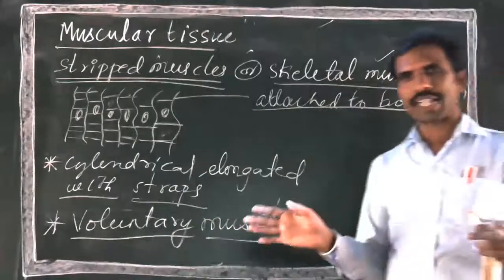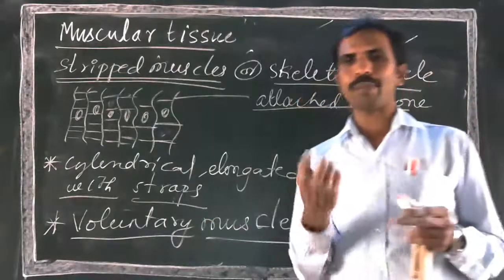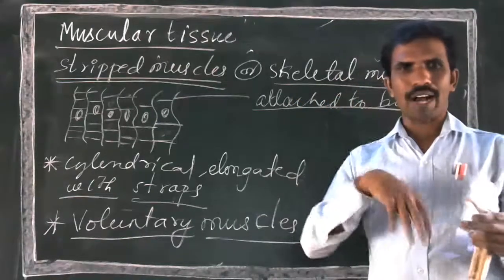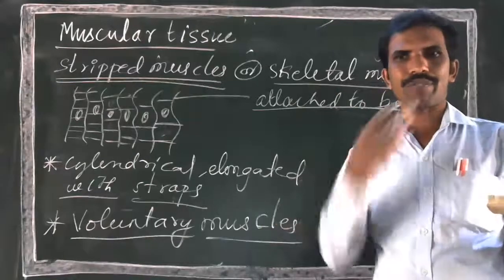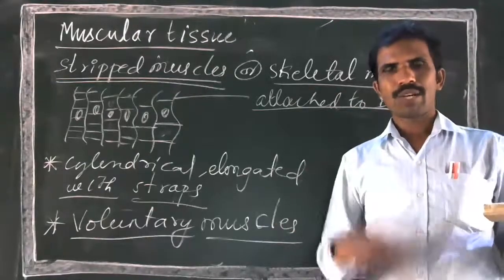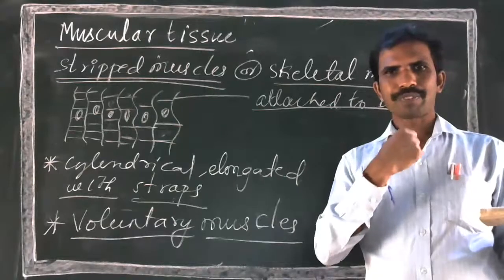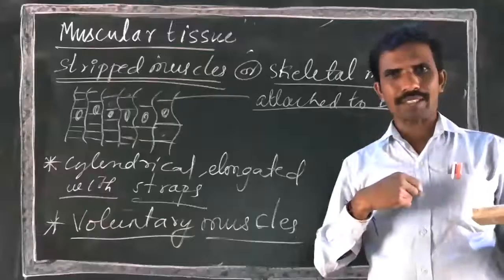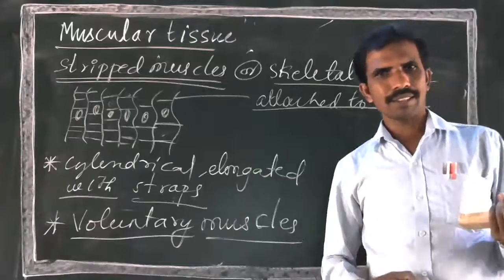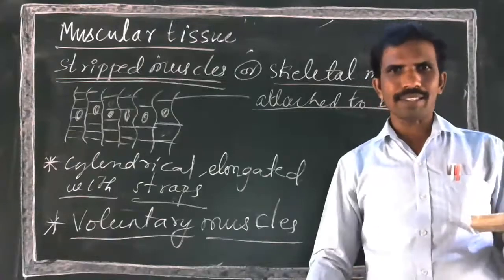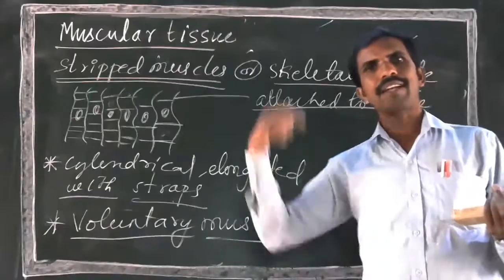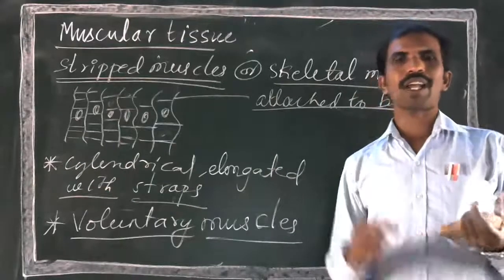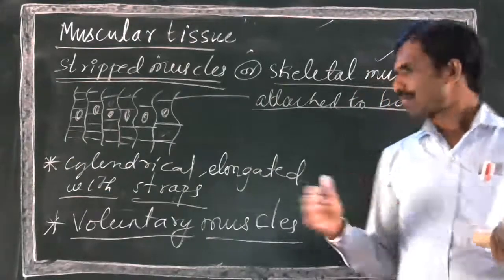Breathing is an involuntary activity. Beating of the heart, which pumps the blood, is an involuntary activity. Swallowing: food is swallowed, and after that it is an involuntary activity. The food moves inside the body. Swallowing is our process. After that, it moves to the esophagus, then to the stomach, then the small intestine and large intestine, and digestion happens. Then it is thrown out of the body. That is an involuntary activity, which is not in our control. We cannot stop that.